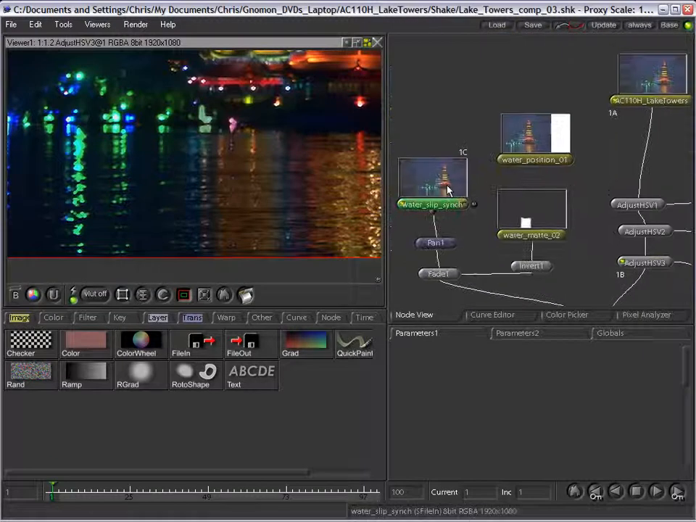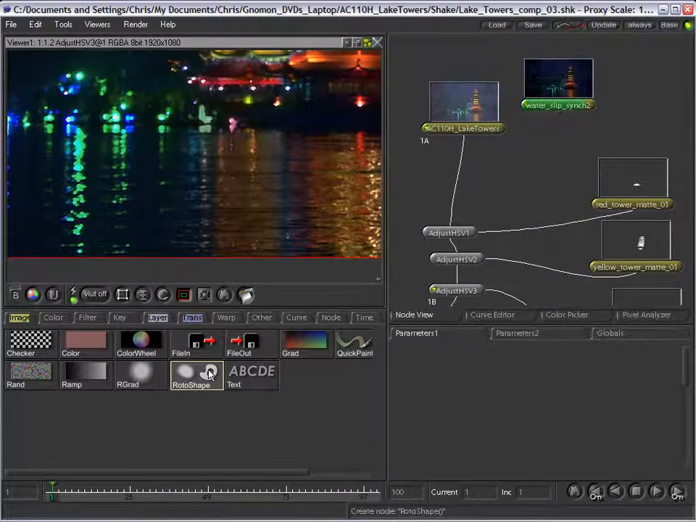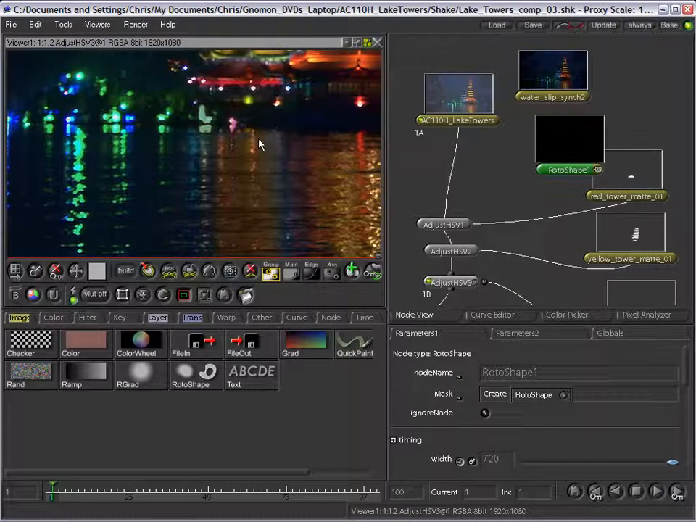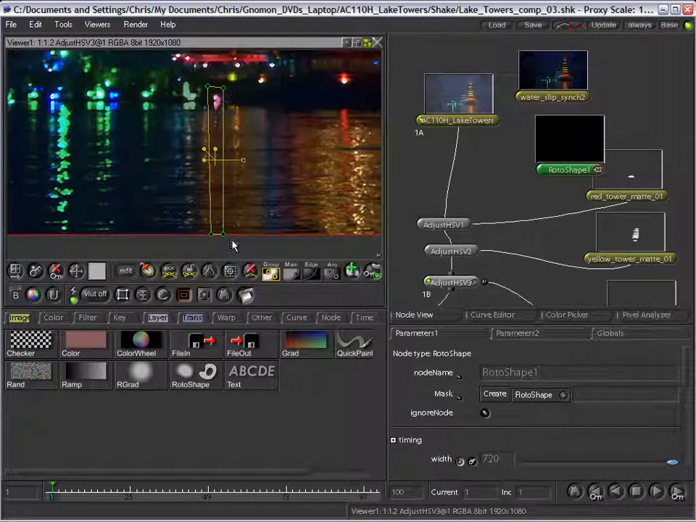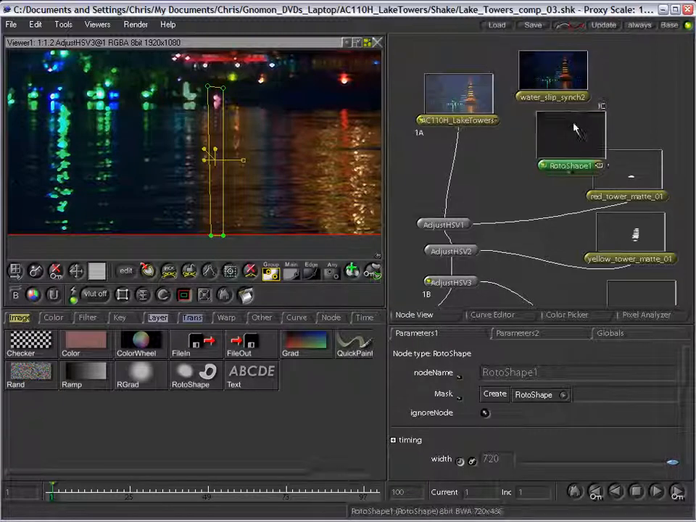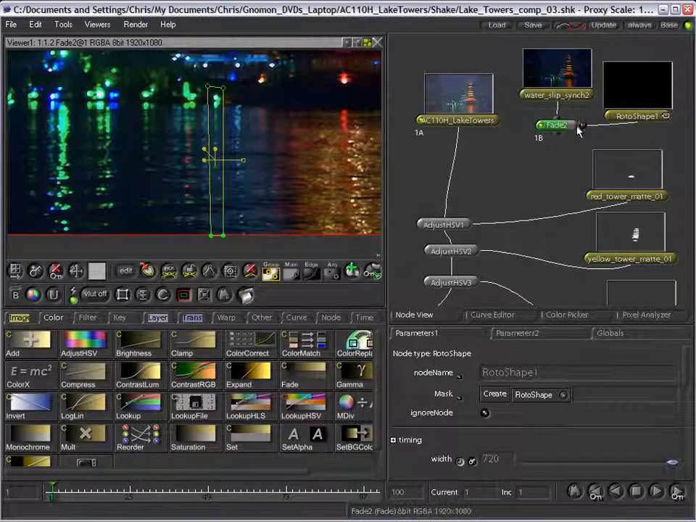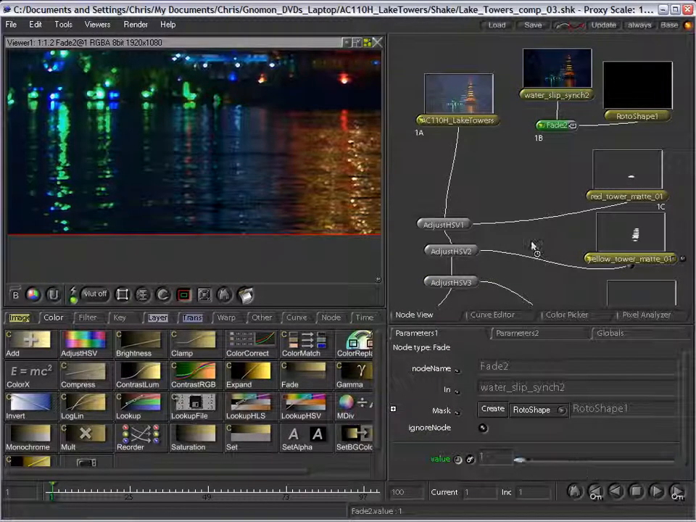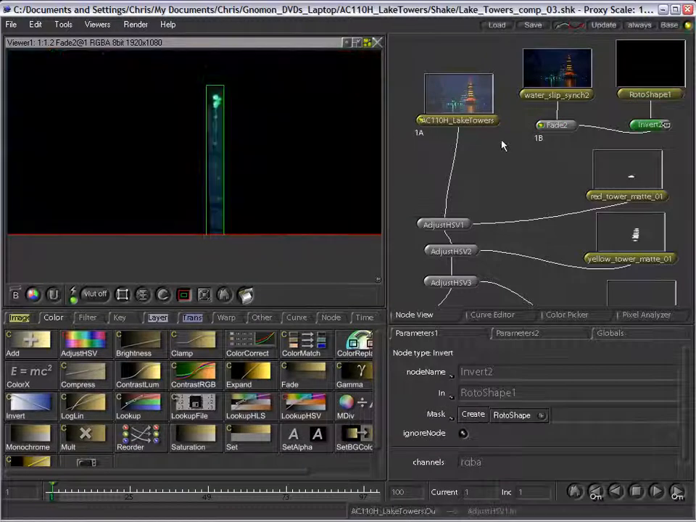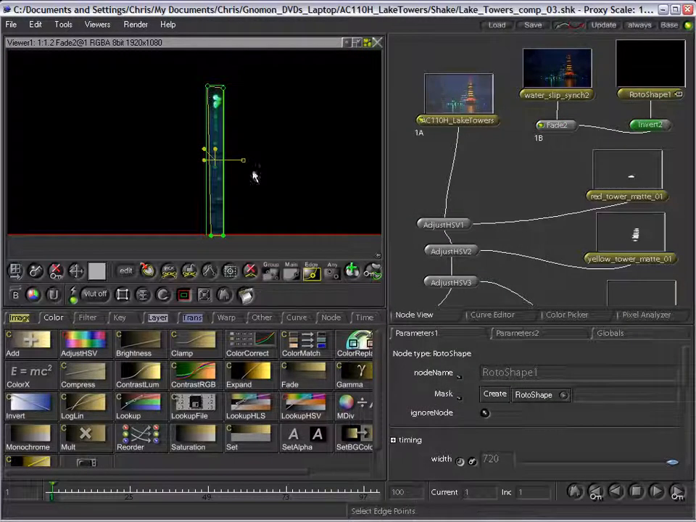Now if you look closely, we have a little flaw here in our reflection. It's the pink spot that trails some pink reflections. So I'm going to go in and create a roto mask, or a roto shape, and trace the general area where we see pink. Now if I put a fade node on a copy of that water slip sync, I can feed my roto shape in, and I can now slice a piece of the water,